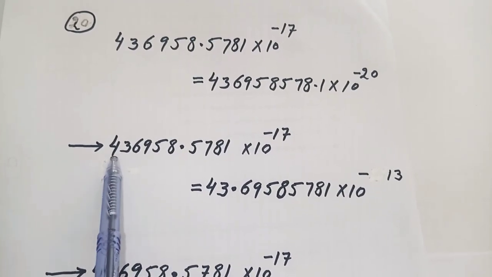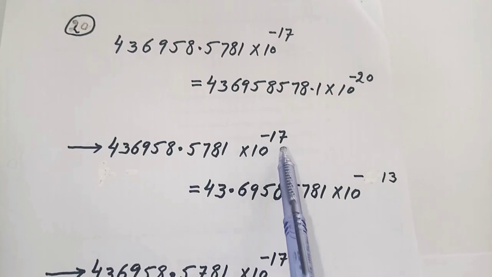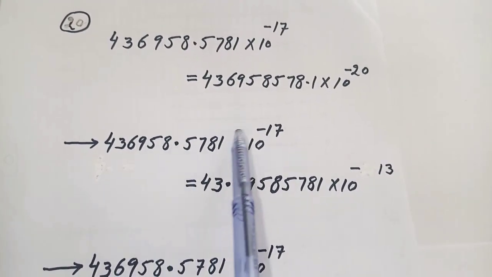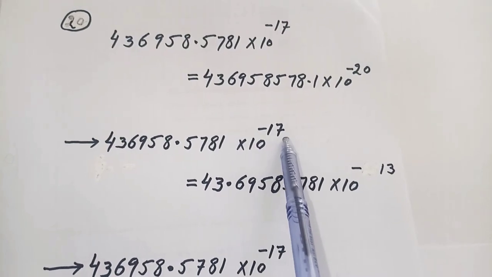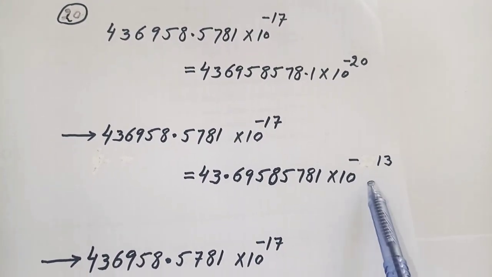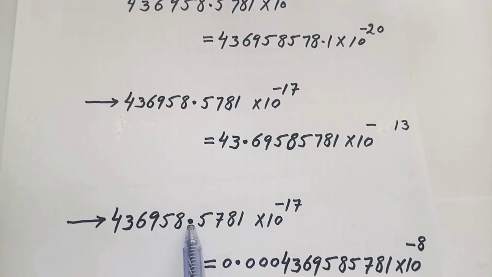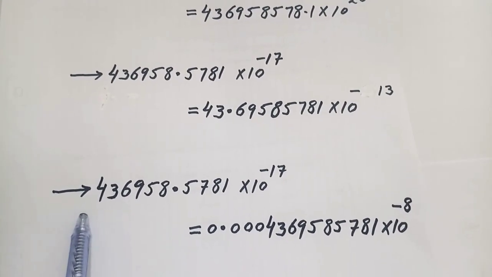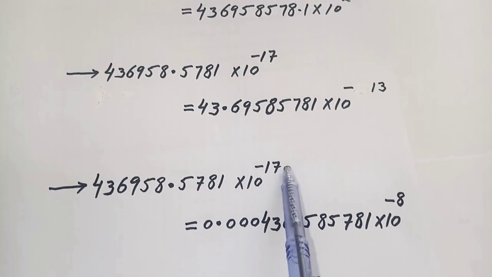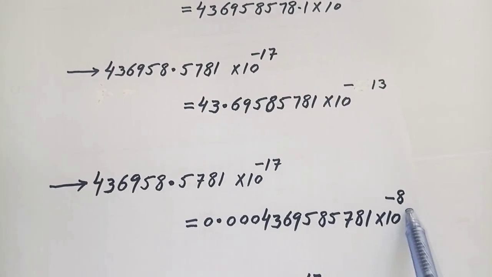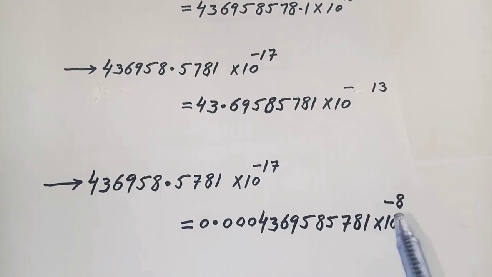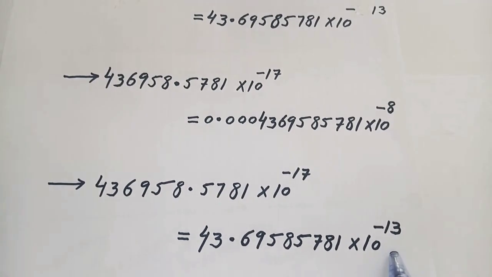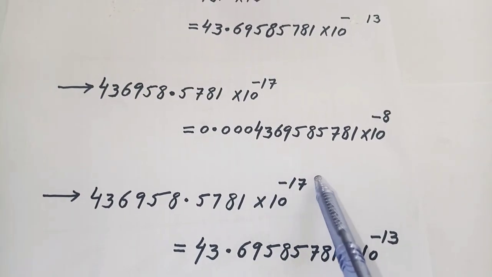फिर अगर इस पॉइंट को इस तरफ लेके आएंगे तो पावर जो है -17 से -13 पे चली जाएगी। 4 डिजिट लेके आए तो ये नंबर 17 जो है कम होके 13 पे आ जाएगा। फिर ये देखें यहाँ से उठा के इधर लेके आए, यहाँ पे 9 डिजिट उठा के इधर लेके आए तो -17 वाला नंबर कम होके -8 पे आ जाएगा, ये -8 बन जाएगा। फिर यहाँ पे फिर देखें इधर लेके आए तो पावर -13 हो गई।